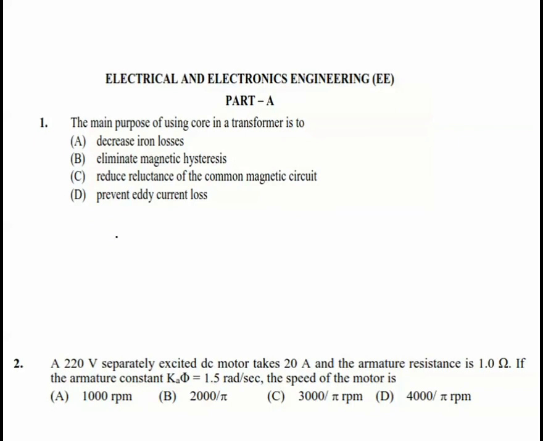Normally, a transformer will have two windings. The first one is the primary winding and the second one is the secondary winding. When current flows through these windings, it creates magnetic lines of force, that is flux lines, and because of the load there are also flux lines flowing like this. In order to increase the lines of force, we use the core material in between them. So the core is used to increase